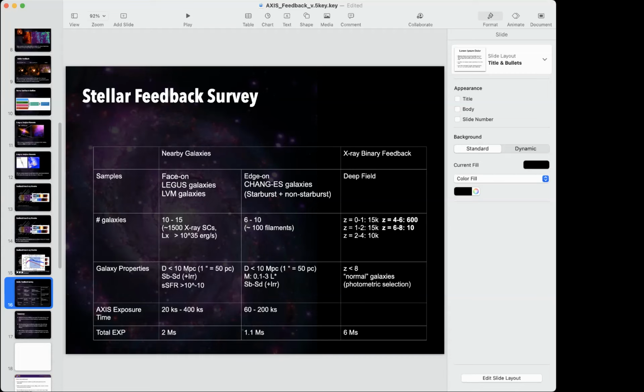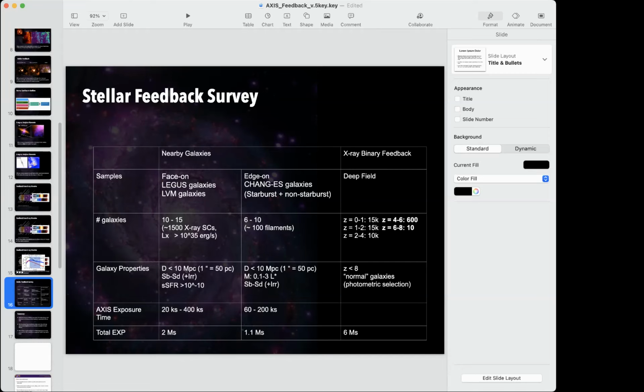And so we try to get about 1,500 star clusters and 100 filaments to do the statistical study. And currently we are estimating a total of 2 megaseconds for phase 1 and 1 megasecond for the edge-on galaxy